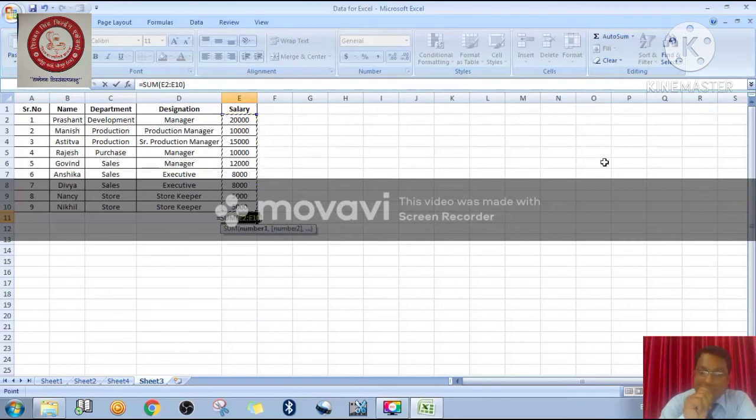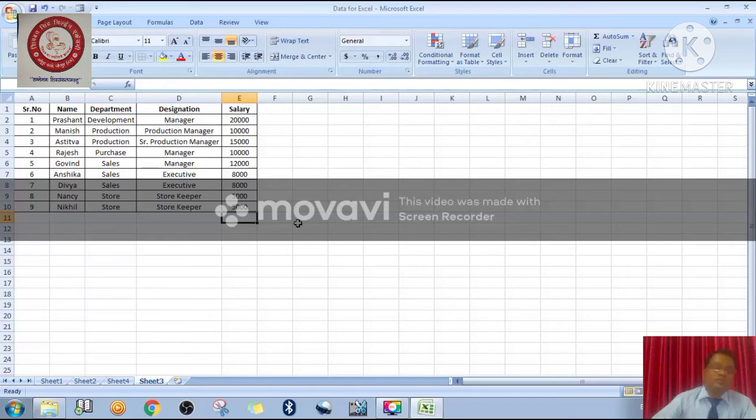Now if you press the Enter button, you will get the result. See, the same result came here. This is method number 3. So you can do this kind of calculation by using these 3 methods. But right now I have given the example using the sum. If you want some kind of calculation related to subtraction, division, or multiplication, you can do it. A very simple process is there. Suppose I want to do some kind of subtraction here, so you can use the minus sign. In place of plus you have to use the minus sign.